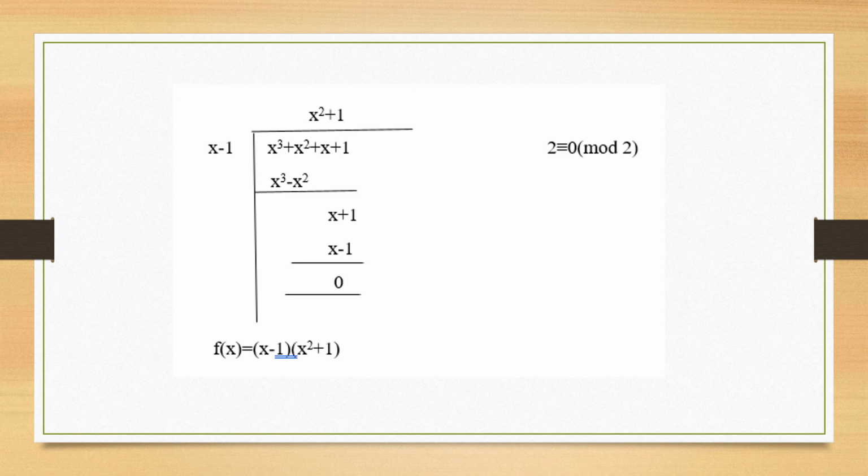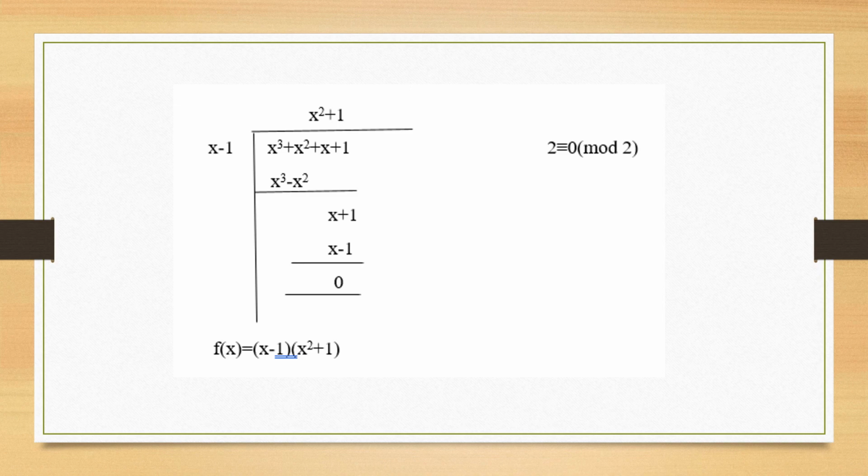So take this x plus 1. Take this x divided by x. You get the answer as 1. Take 1, multiply it by x minus 1. You get x minus 1. Change the sign, x gets cancelled. And if I change the sign, I land up with 2. 2 is not allowed inside the set. So if I divide over 2, my remainder is 0. So my remainder is 0. This is my quotient, divisor and the dividend.